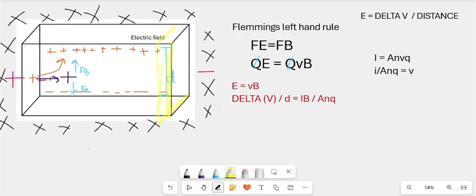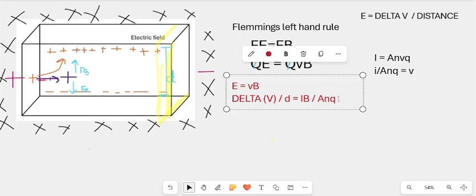So it's D times t. So now I'll have delta V over D equals I B